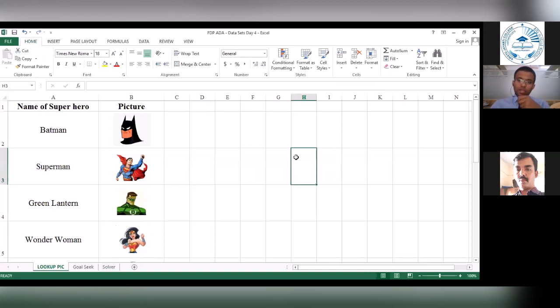Or you are dealing with an employee database, and the database is quite huge, but for some reason you want Excel to pull up the pictures for you. These are some circumstances where you could use it.